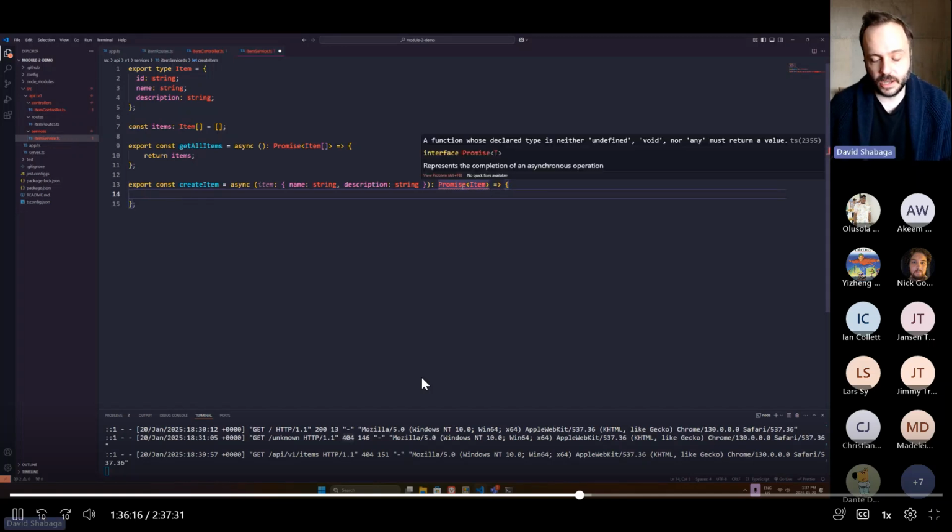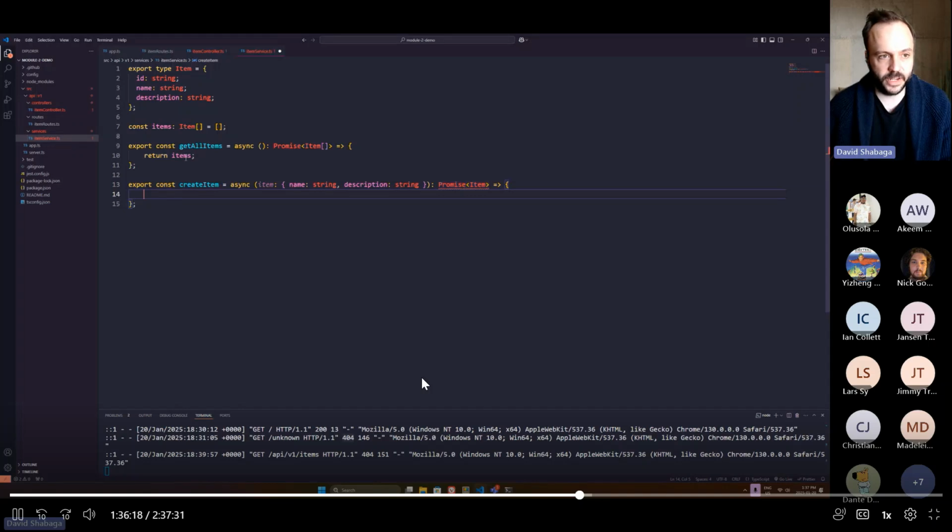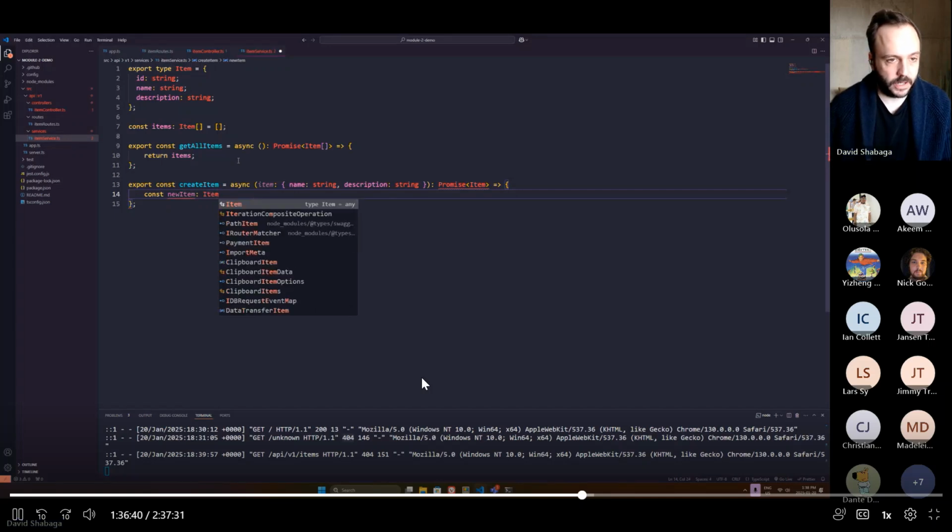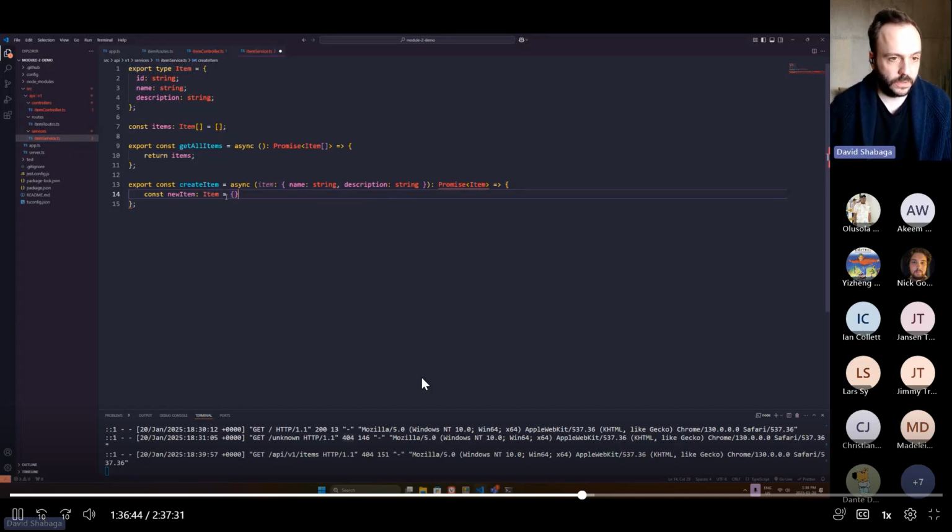And every time this is highlighting with the red underline, it's because it's just waiting for me to actually define the return in the function. So right now, this does nothing. We want to create a new item. We'll just say new item, type item, and that is equal to